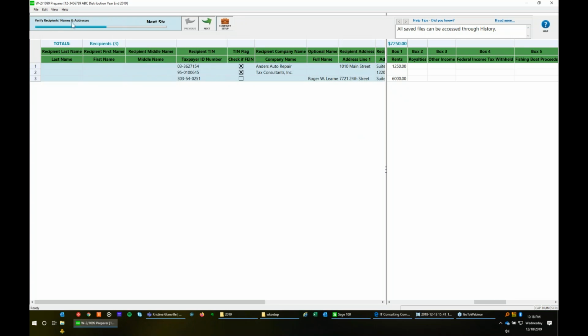Now it's wanting us to look at the recipient's name and addresses. So basically, you just keep moving next through each of these questions, and whatever information it's wanting you to look at that's highlighted in blue, you'll want to look that over, make sure everything seems correct. So if we tell that next,